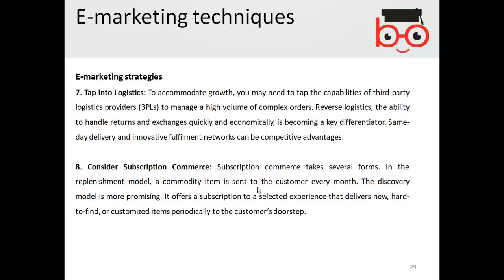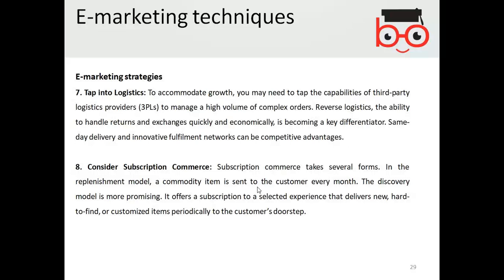So, for example, if you have a pharmacy, if you need to dispense your medicines to the existing customers, they don't need to come to you every time, but you can send them their orders monthly.